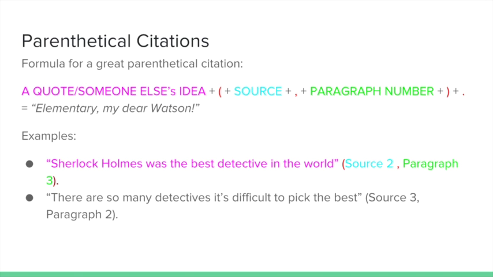And here are some examples so you can see. So we've got our quotation at the very beginning. Then we've got our parentheses, then a source number, a comma, and a paragraph number, and then another parentheses and our period, okay? So that's what a parenthetical citation is. You guys understand that, like parenthetical, parentheses, get it? It kind of makes sense, right? And then we've also got there are so many detectives, it's difficult to pick the best. This is another example, and then it'd have parentheses, source 3, comma, paragraph 2, ending parentheses, and then a period,